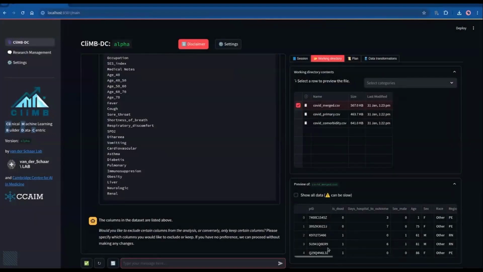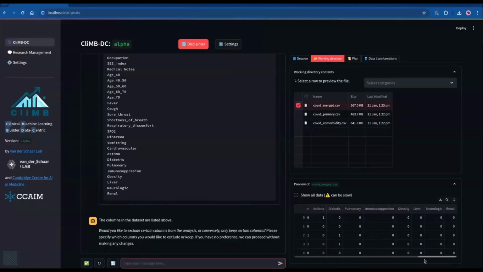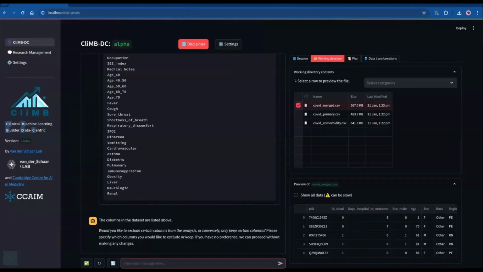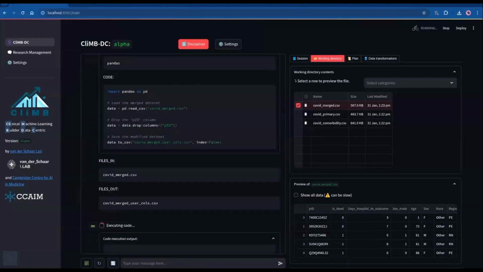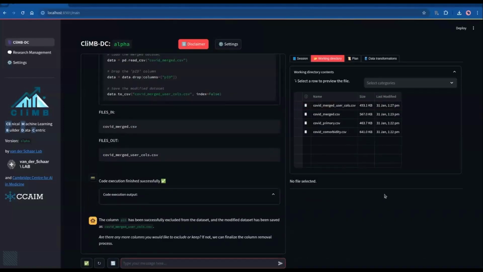Another thing, of course, you might quite often do is get rid of some columns that you don't need for the next step of analysis. So we have a check for that. Here the system is asking, is there any column that you would like to remove? Of course, you can remove as many as you want, depending on your needs. But in this case, I said, well, let's get rid of that PID column, we don't need it for our analysis anymore.